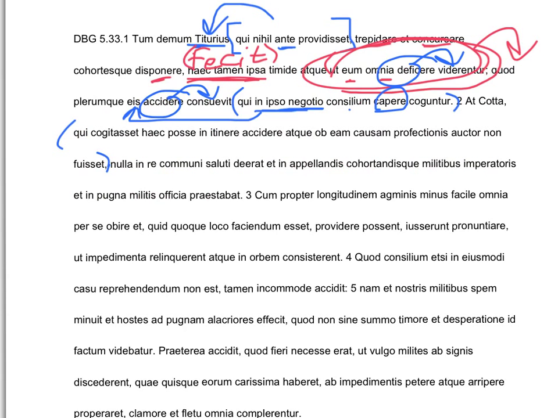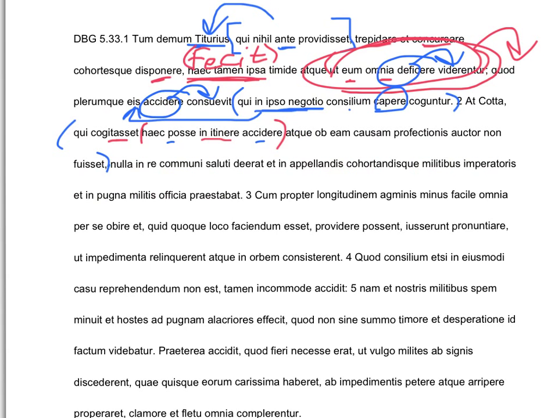So, we have who, there's our verb, who had thought, that, because of course you recognize that cogitasset is a kissing verb, a knowing verb, which would of course introduce an indirect statement. Who had thought that, and then here is where our indirect statement starts, haec posse in itinere accidere, who had thought that these things, and then here's our infinitive verb, are able, and then we have a prepositional phrase, and then look, another complementary infinitive. Jeezies, Petezies, Caesar, and that's because it has to complete the verb posse. So, Cotta, who had thought that these things were able to happen on the trip, so we're still waiting to see,